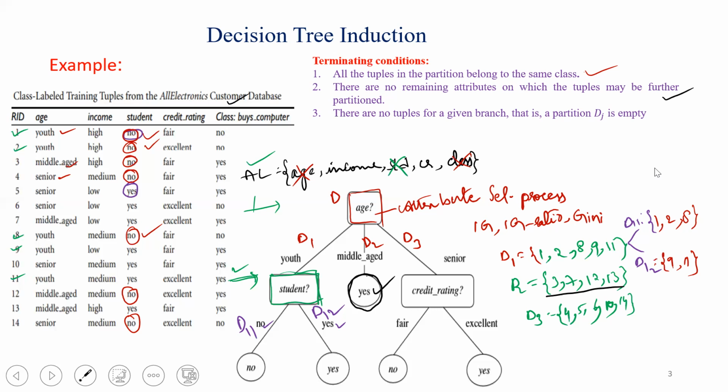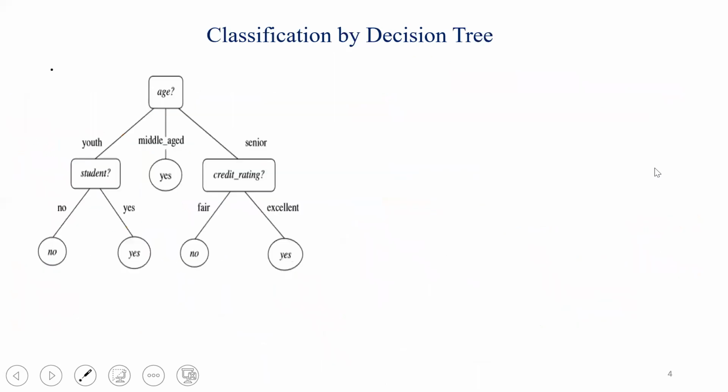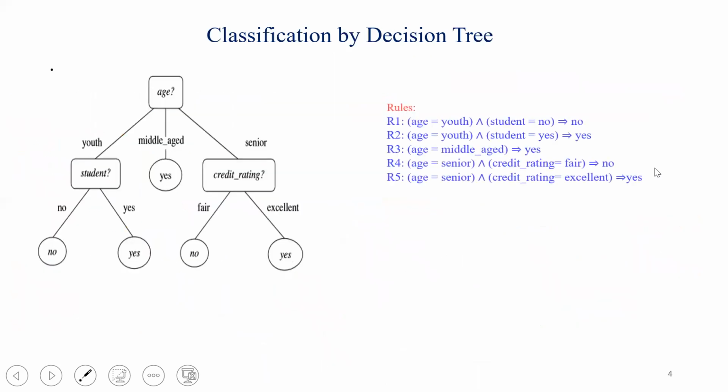So here, once the decision tree is constructed, what is the next step? Once the decision tree is constructed from the training set, now we need to generate some rules from the decision tree. For example, this is the decision tree constructed, right? And these are the possible rules which can be drawn from the decision tree. You can observe here: if age is equal to youth and student is equal to no, this represents this particular path. What is the possible class label? That is no. So we can attach no here.